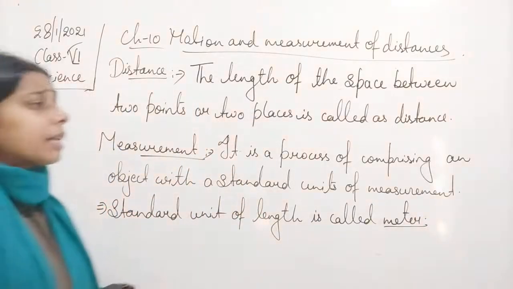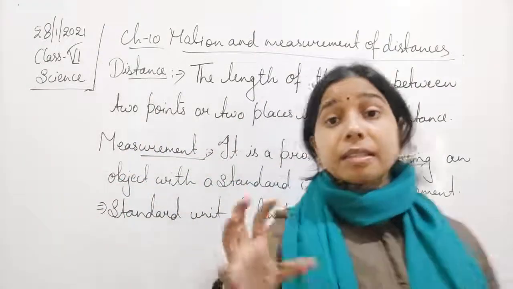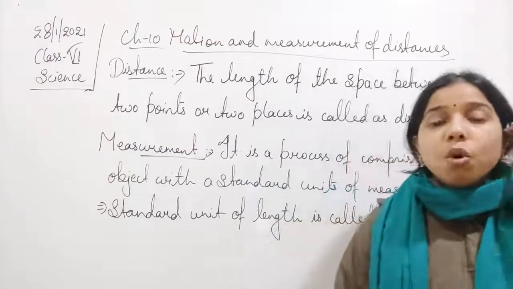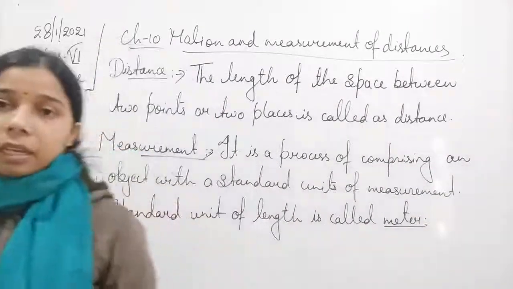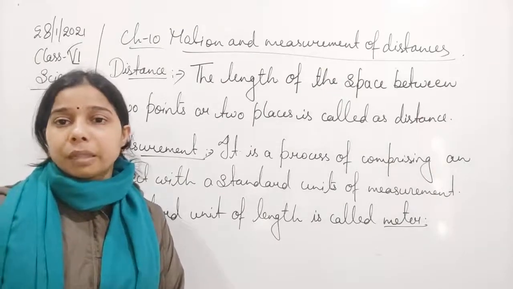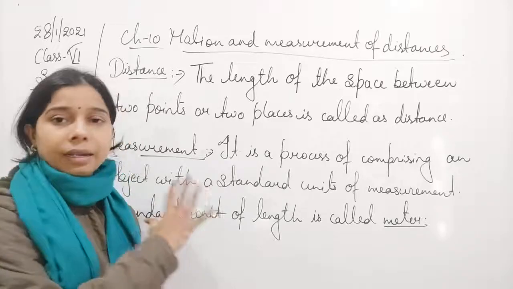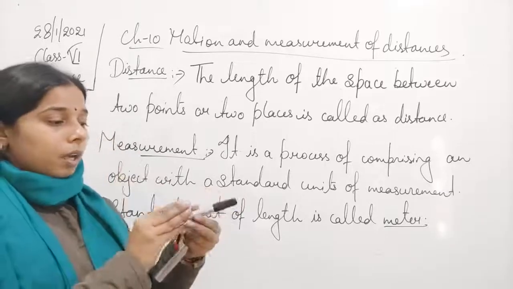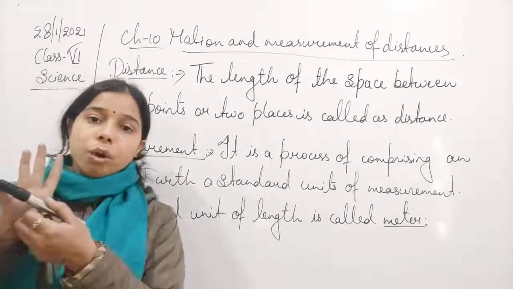Now the question is, why is there a need for a standard unit? We are comparing an object, its length is measured, but what is the need of this measurement? Why is it necessary to measure anything? Simply see that the reason for measuring anything with a standard unit is that before that we used a different kind of method, a different kind of unit to measure the length of an object. Like we used hand span. What is a hand span? Hand span is this. We used to keep an object, and with the help of our hand we used to measure the length of the object.